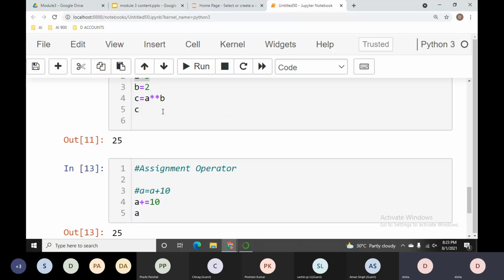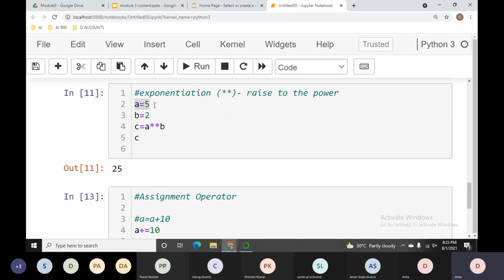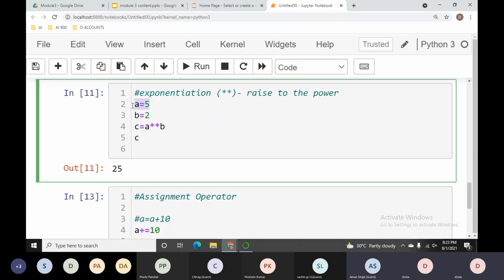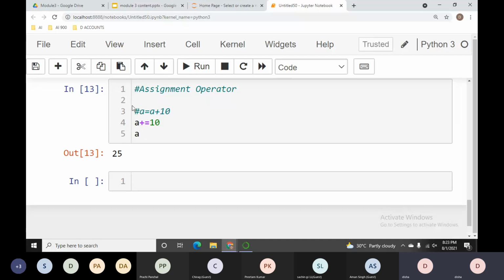According to me, A is 5 now, right? So what is A now? What was A in the previous statement, according to you? Yes, it was 15. So that's why I got the result 25, right?